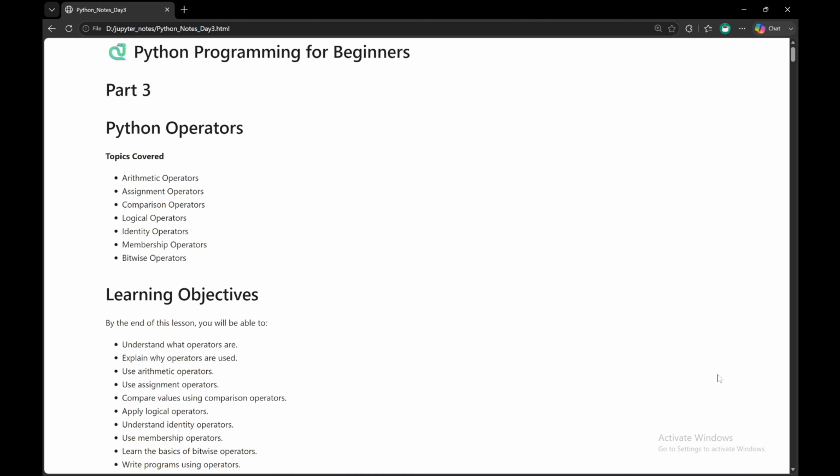In the last lecture, we learned what input, output, variables, and data types are, and in today's lecture, we are going to learn what Python operators are. So let us continue with that. First,